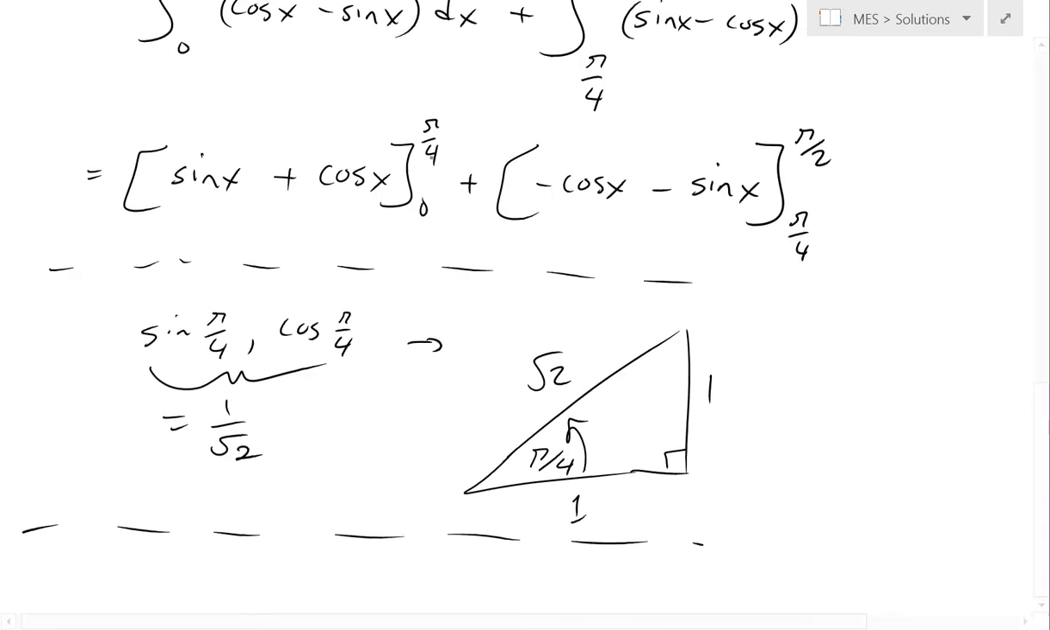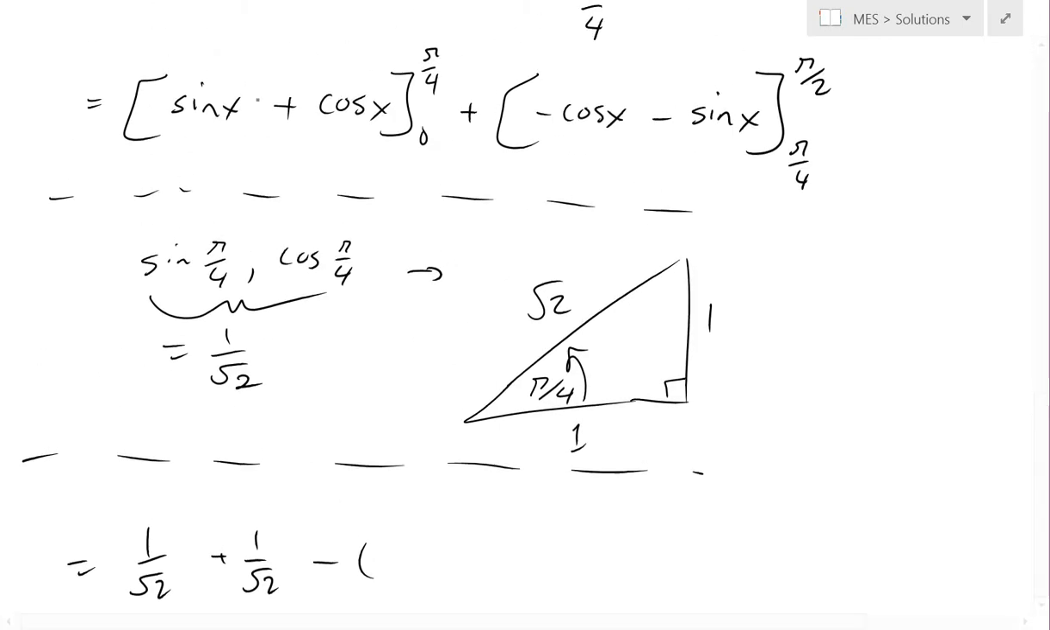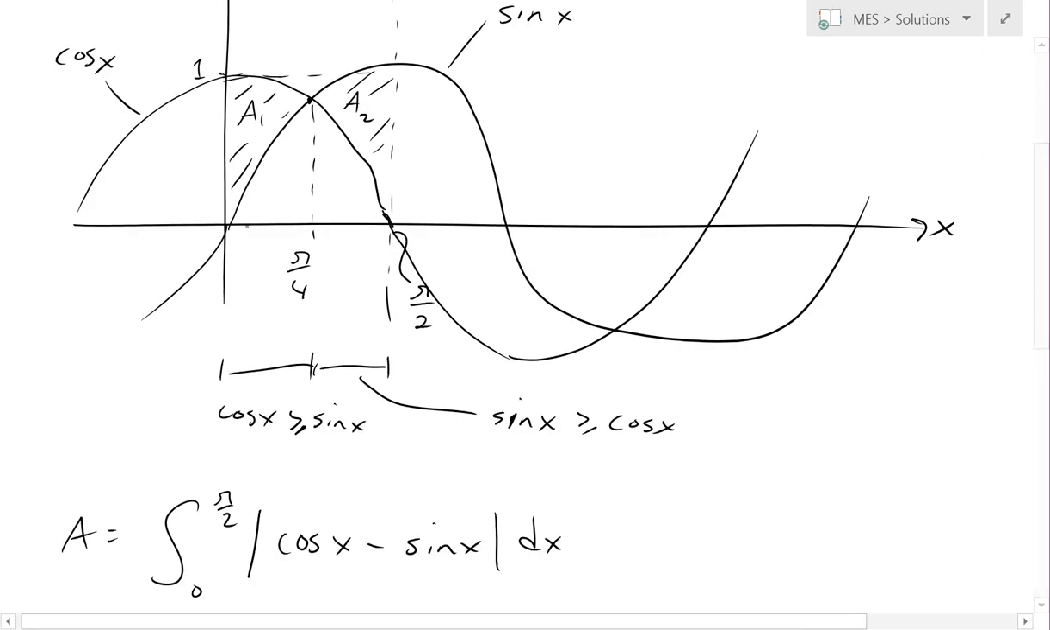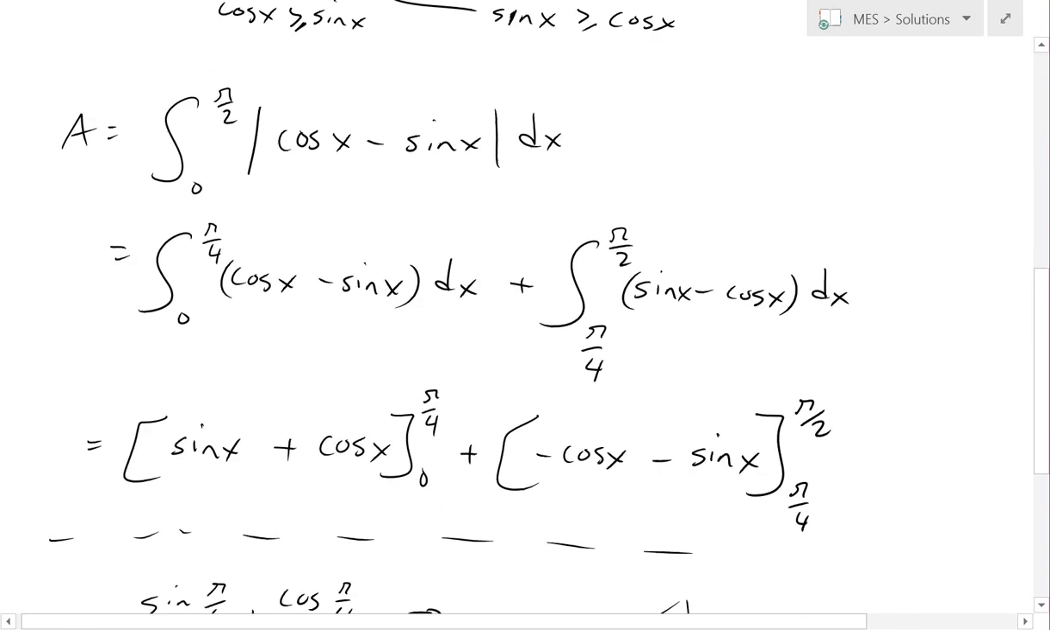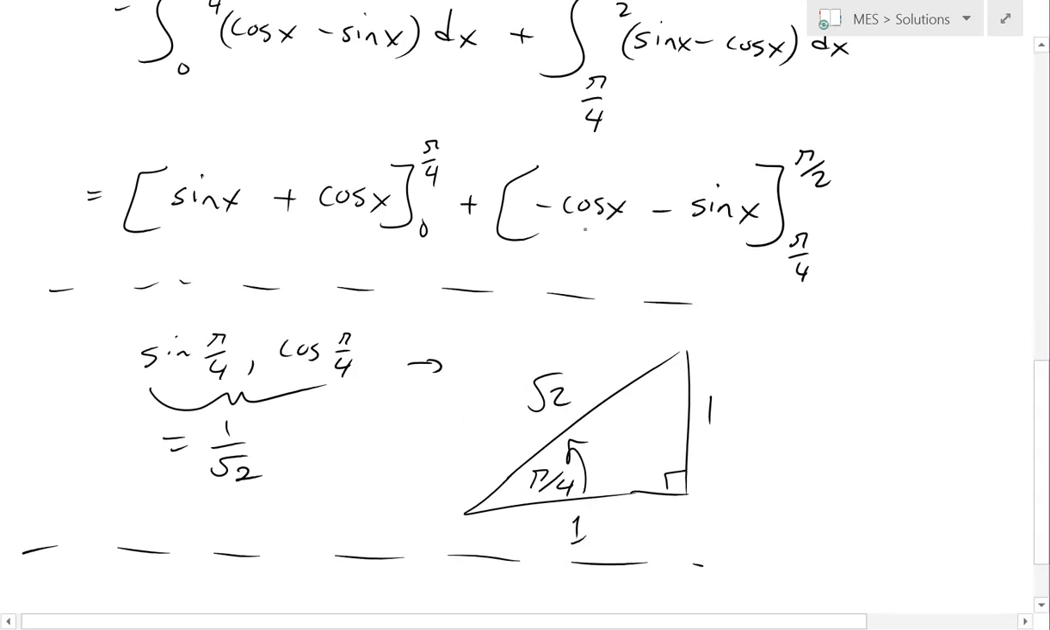When we plug in pi over 4 in both, this is going to be equal to 1 over square root of 2 plus 1 over square root of 2, minus, now when we plug in 0 in both, sine of 0 is 0 and cos of 0 is 1. So we get sine of 0 is 0 plus cos of 0 is 1. And now we add the second area, this one right here, negative